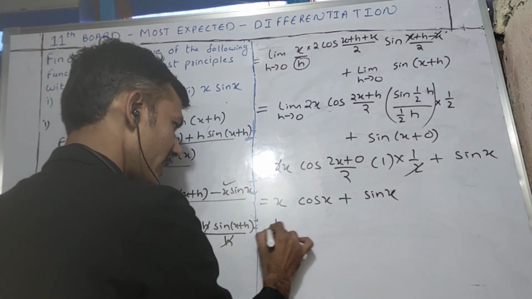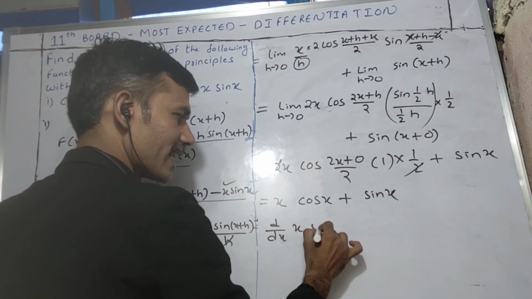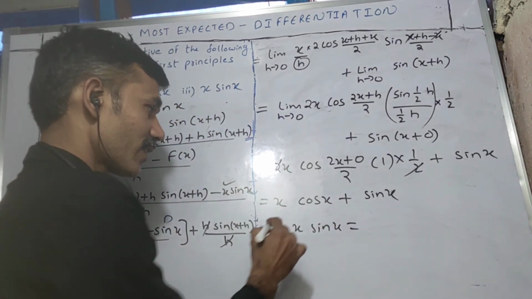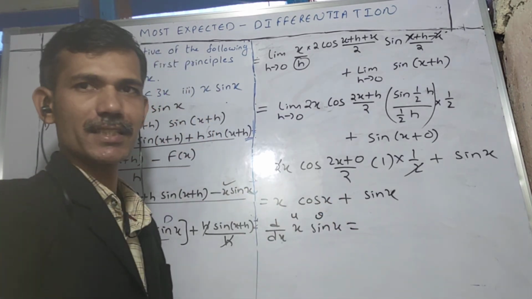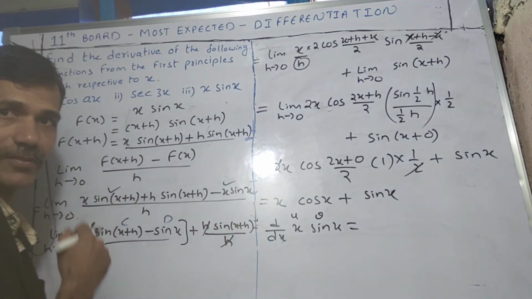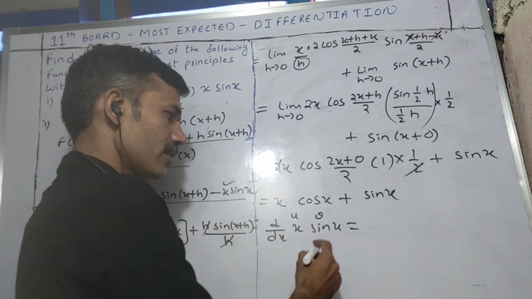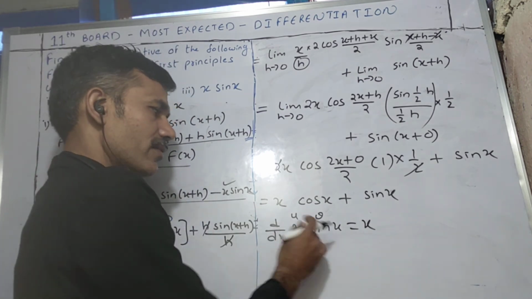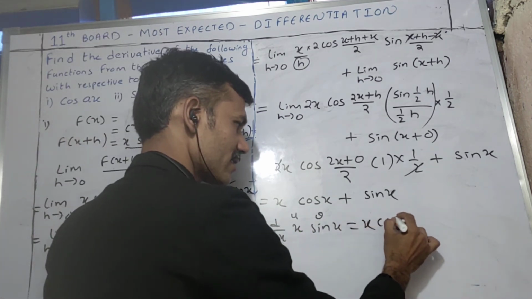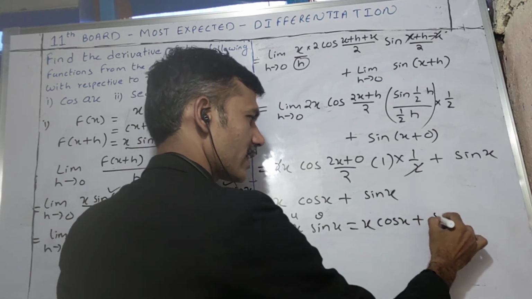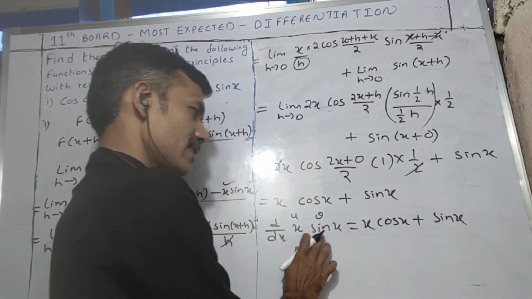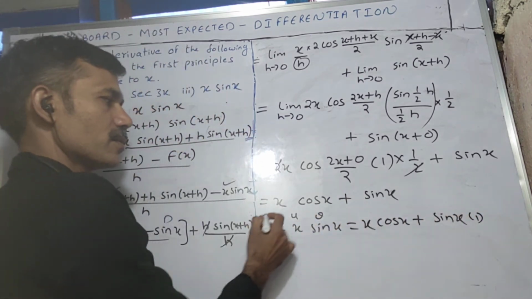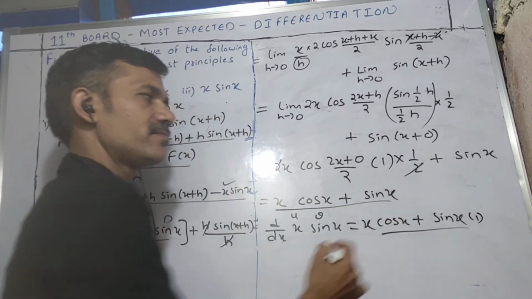So what is the derivative of x times sin x? We can apply the UV formula also. There directly we'll get the answer, but here we are using the first principle of derivative. If you apply the UV formula, first function will keep as it is. If you differentiate sin x, we'll get cos x. Next, second function you will keep as it is, and if you differentiate x, its value is 1. By using the first principle also we got the same answer.